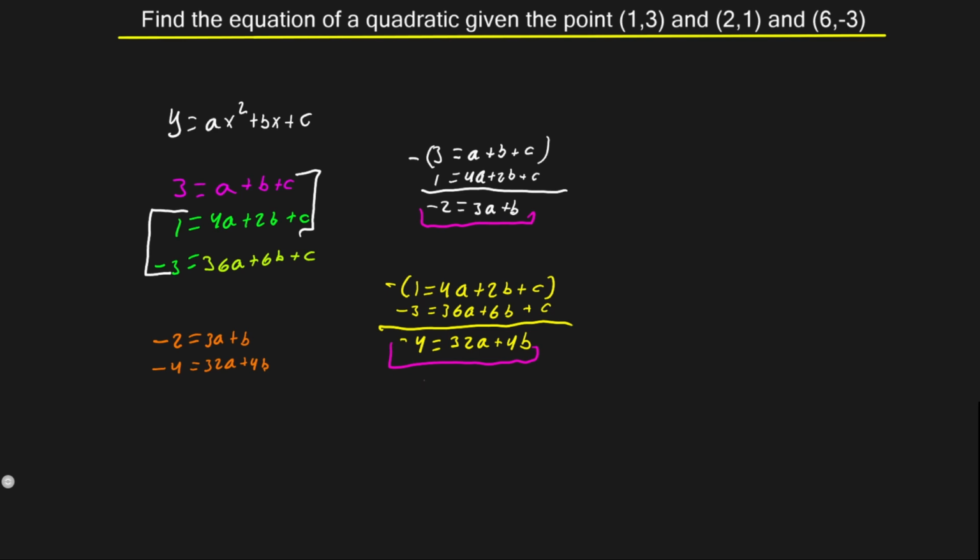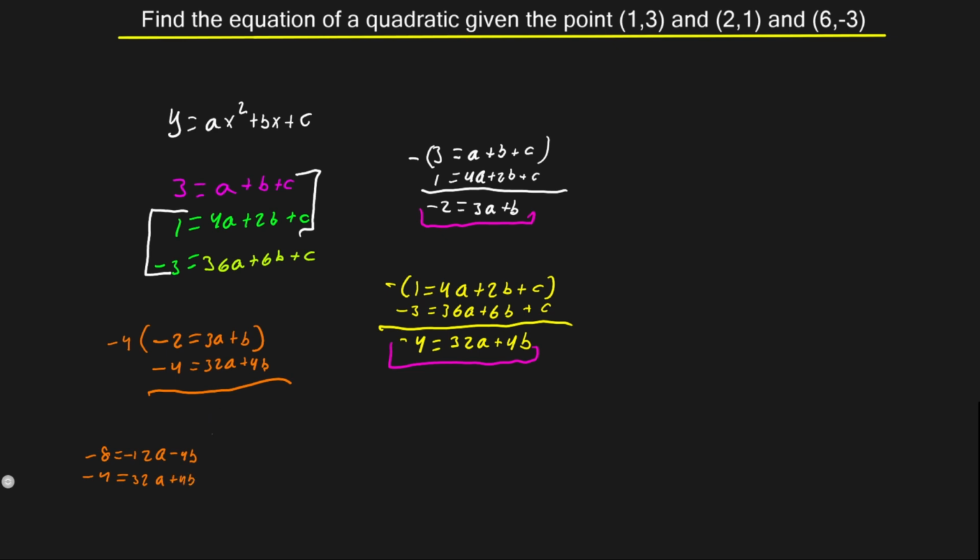So now what we want to go ahead and do, the first equation is... okay. We're going to solve with the elimination method again, since we could easily see that there's a b being 1. So we're going to multiply the whole top equation by -4, which is going to give us -8 is equal to -12a minus 4b, and -4 is equal to 32a plus 4b, which is going to give